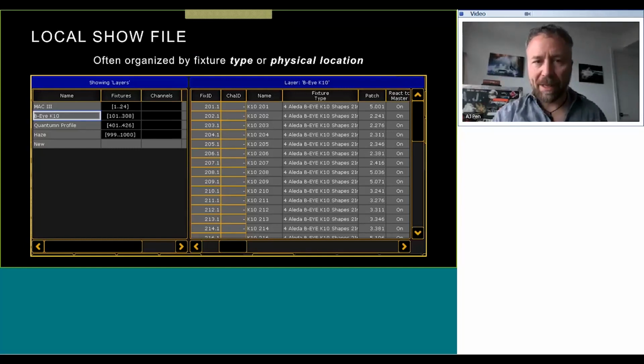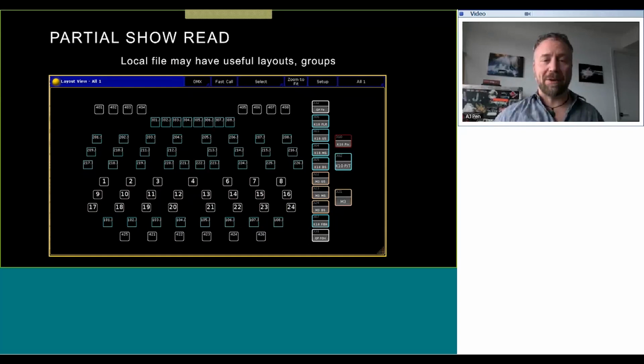They might have even made their own layouts. Check this out. So this show file was the Avalon Theater in Niagara Falls. My good friend Jeff Farrow, who helped me with this presentation, by the way, he came up with this layout. And this is what he uses when he's grabbing lights in his venue. He's the House LD down there at the Avalon.